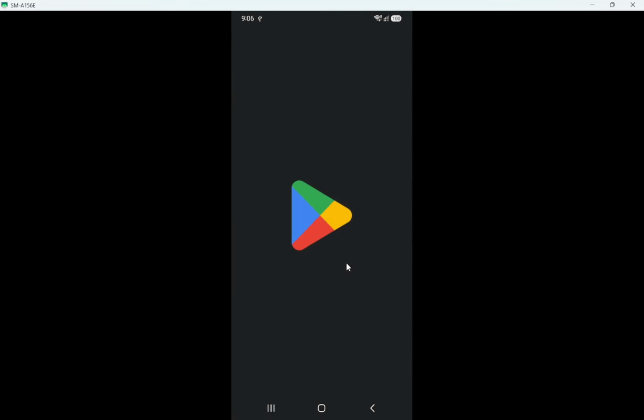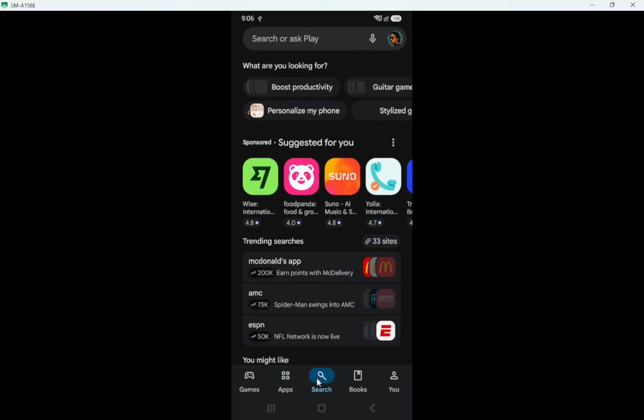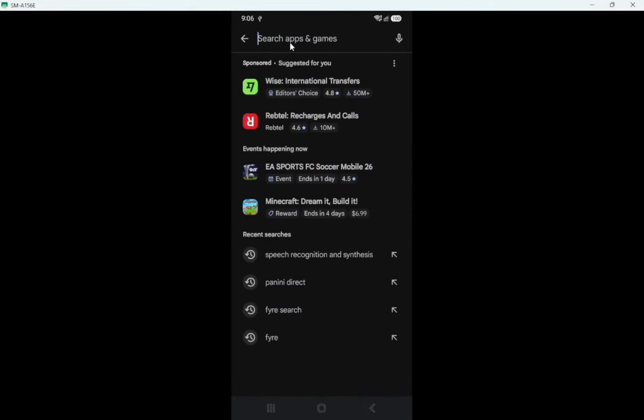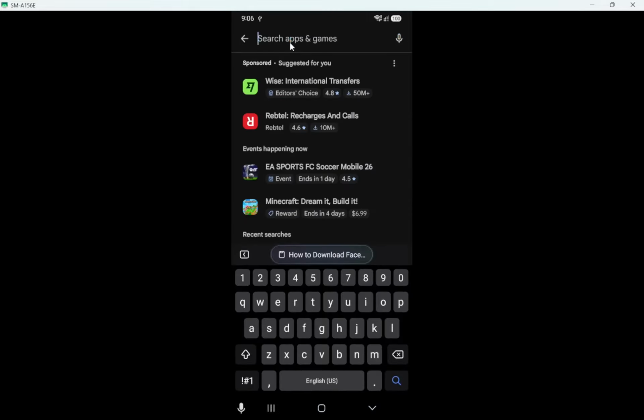When you tap it, the main Play Store screen opens, showing suggested apps and a navigation bar at the bottom. If your screen looks similar with lots of app tiles and a search bar at the top, you are in the right place. Now tap the search bar at the very top of the screen. The keyboard appears from the bottom, and the search field becomes active with a blinking cursor. You might also see some recent searches or suggested keywords appear below the bar. This tells you the store is ready for you to type what you are looking for.